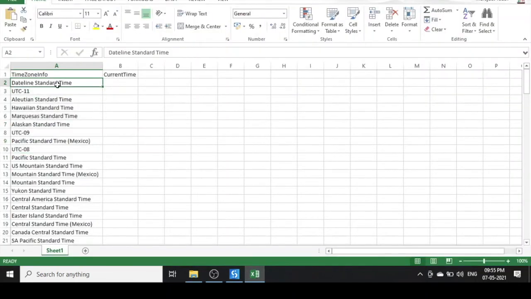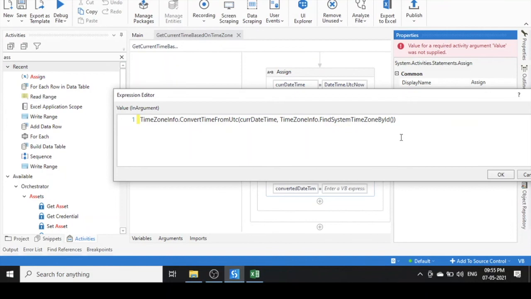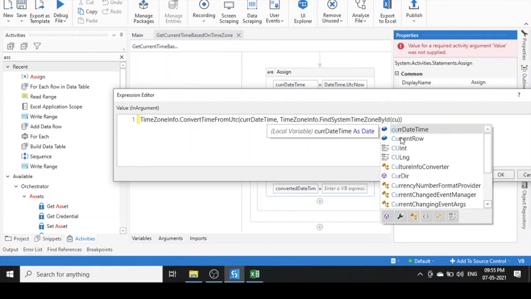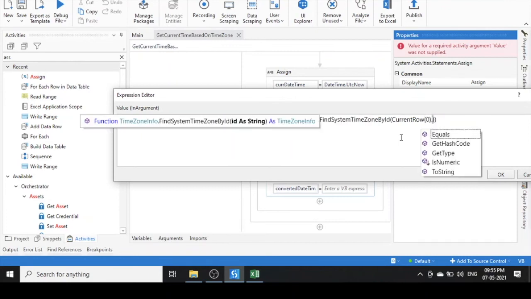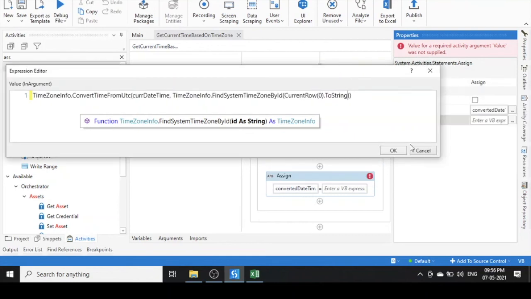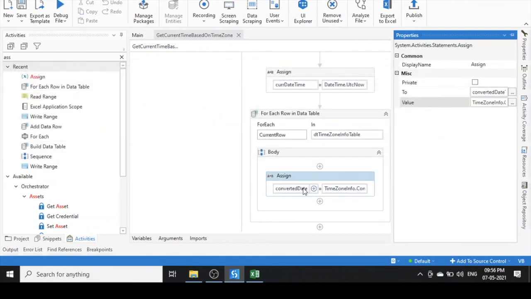Okay, so this is my first ID, so I will write current row, and here I will say column 0 .ToString. It will return you the time zone. Now your time is generated.